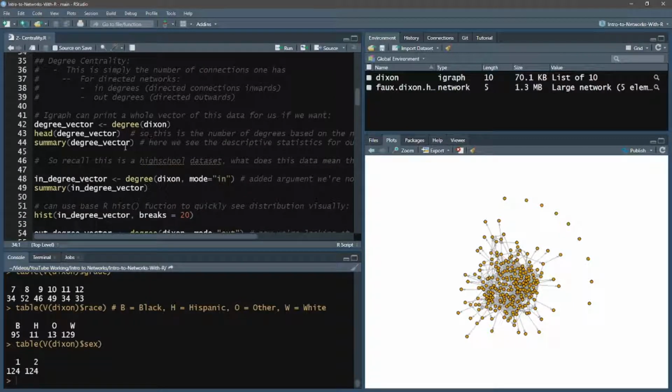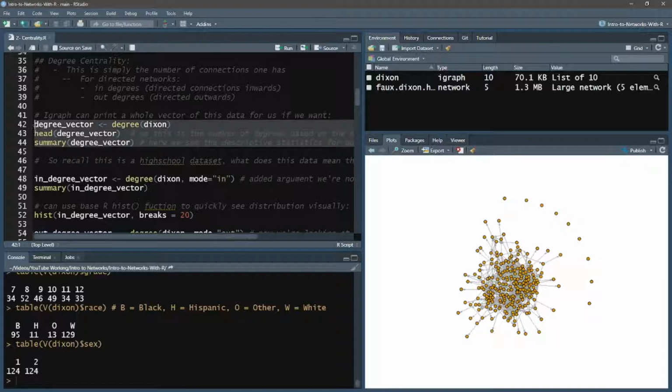We can specify this through, well, first, this function right here is the go-to. We have this degree function, and I'll be saving these all as various objects because later on we're going to compare all these different measures of centrality.